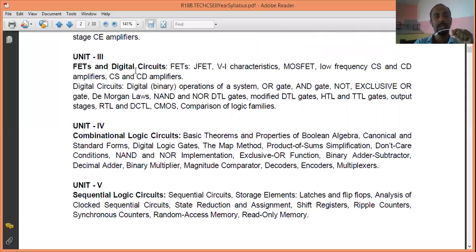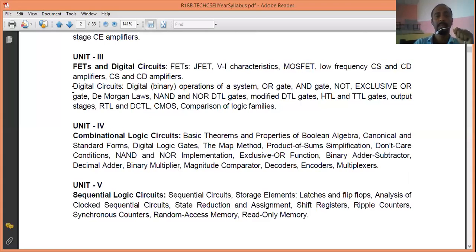And one more thing you should understand is that whenever you are going to appear for competitive exams, your second year first sem and second sem subjects form the basics of any of your competitive exams. So if you want to go as a computer engineer and you apply for some job, and they ask you some questions, these questions will also come into the picture. They will ask you some questions on these topics. For that reason also, you have to study this subject.